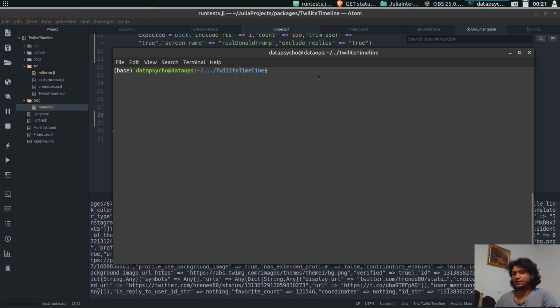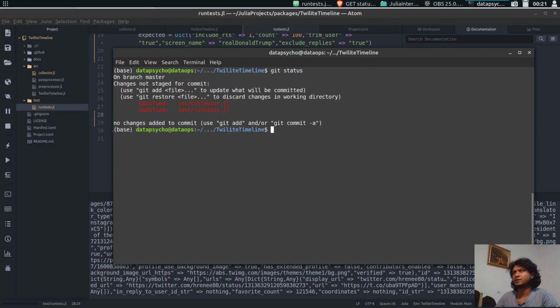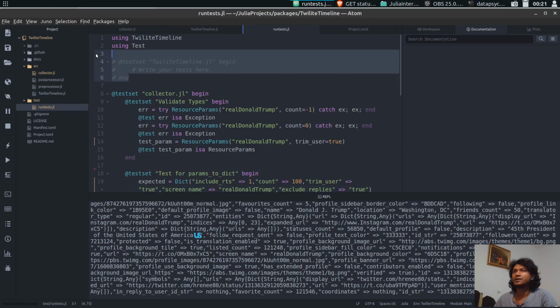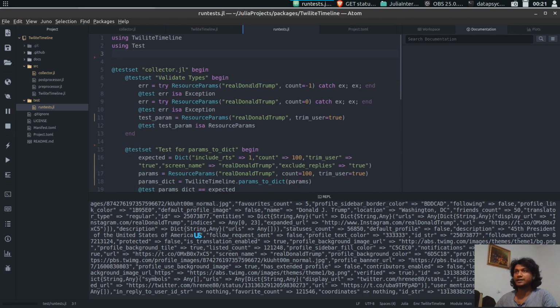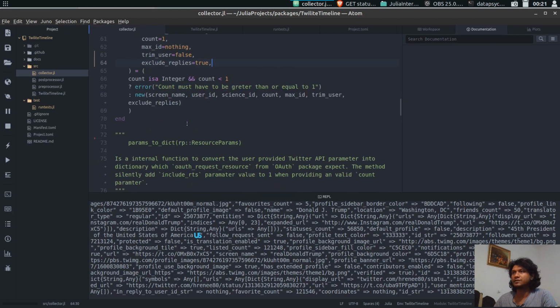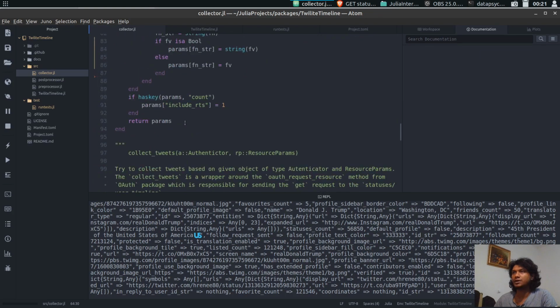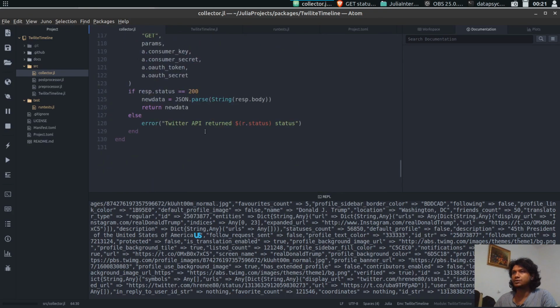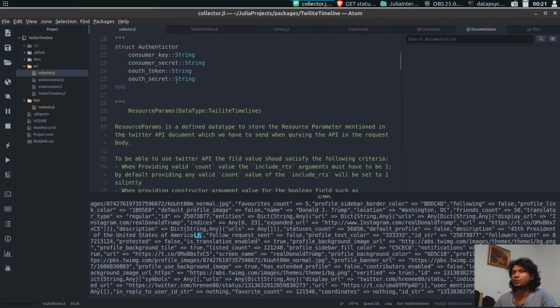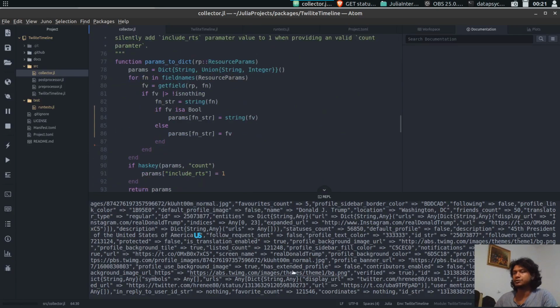So I'll just go here, I'll see the status, and maybe something needs to be deleted. I will just check. We don't need that. We can just keep everything like that. In the collector function, we have changed the default values. Everything looks good. Yes, so we haven't changed anything, so everything looks fine. Now we should go for the